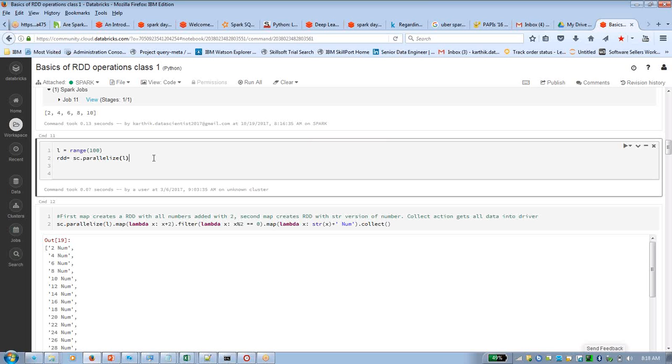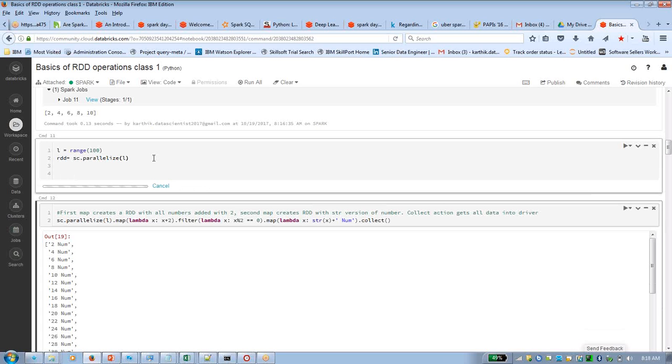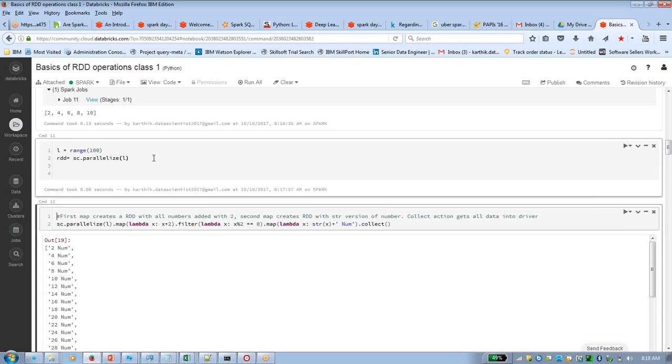So we'll just execute that. This particular thing you understood, right? I'm creating a range of elements which is L. I'm just pulling that into the RDD. That is, now RDD value is L, that is 0 to 99. Now in the next step, first see, I'm creating multiple things in one line. So first it is mapping. Here parallelize L is done. Dot map